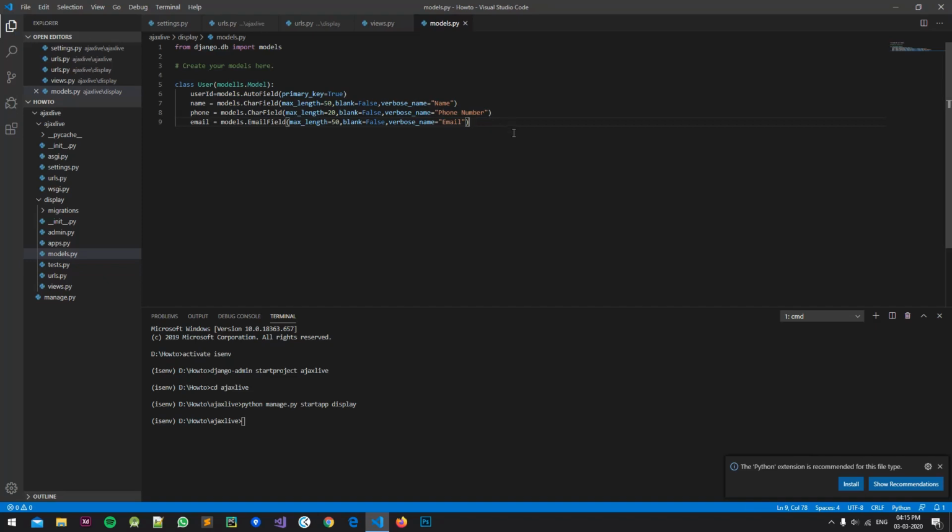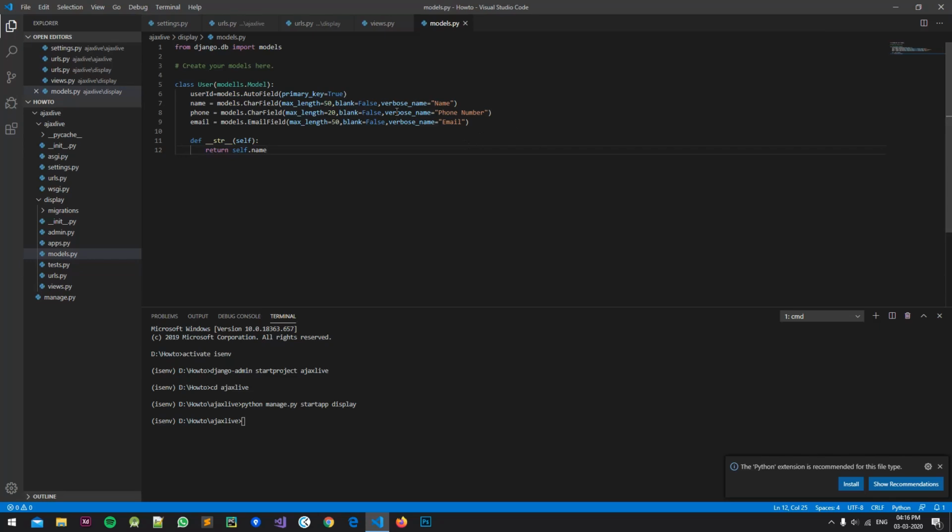Sorry, my throat is not proper. What we'll do next is, whenever we want to display it, I won't create any input form in the front end and all. What I'll do, I'll just create an admin and we'll just add any values from there itself. So if I want to display the name in the admin panel, what we'll do is we'll just return the name to display. So it will return self dot name. So once this is done,